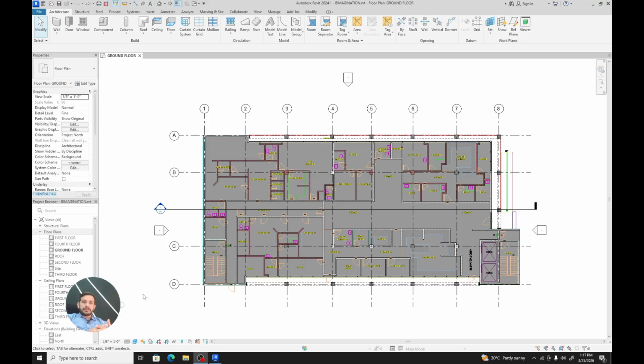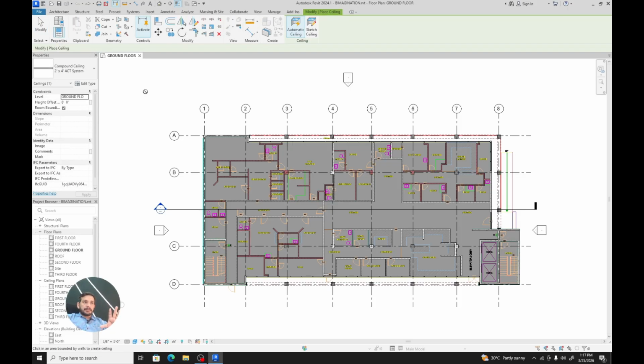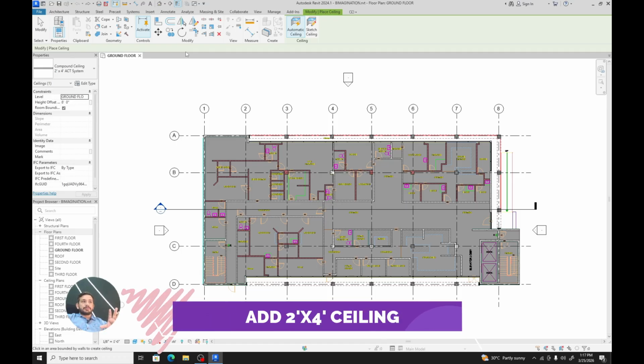After making floors and roof, the next task is to draw ceilings within your Revit file. So let's get started. I am going to show a mistake which most of the beginners usually make, because I was one of them. So let's just go to apply ceilings,